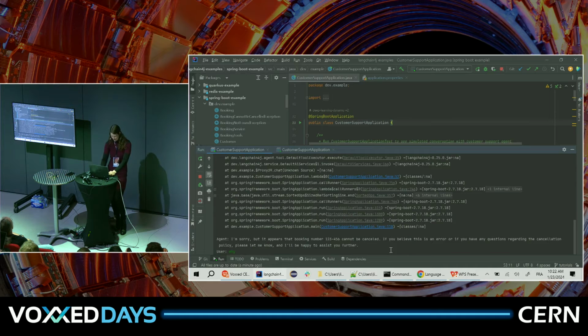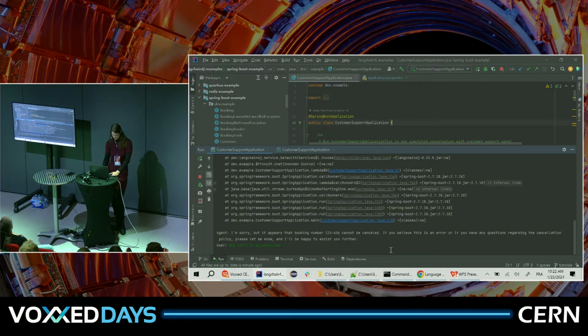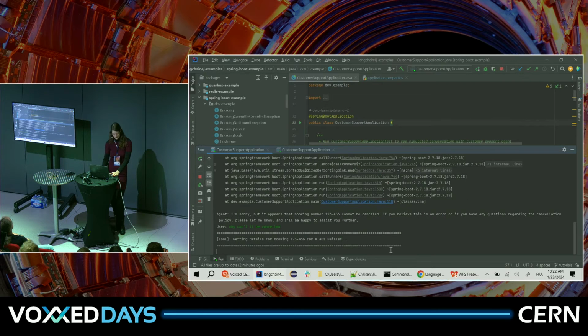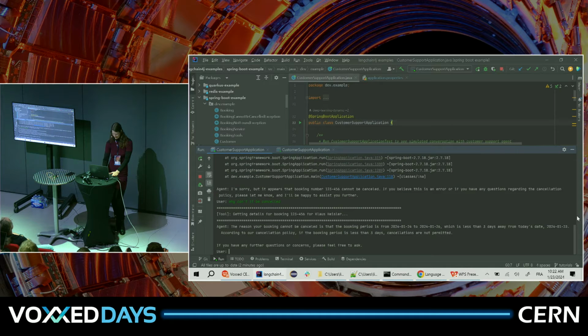Let's try. So usually it tells me why. Let's see if it can do that. So the reason is that the booking period that I have is less than 3 days from today. And so we cannot cancel it.